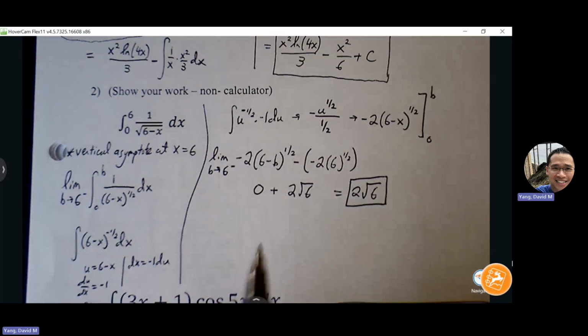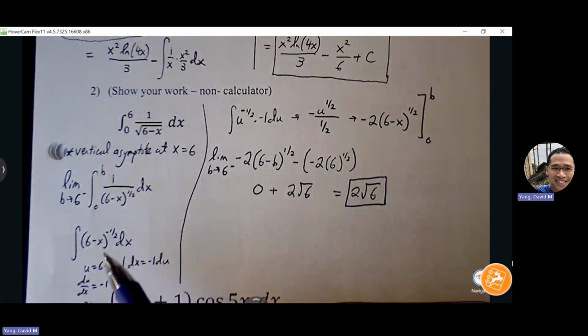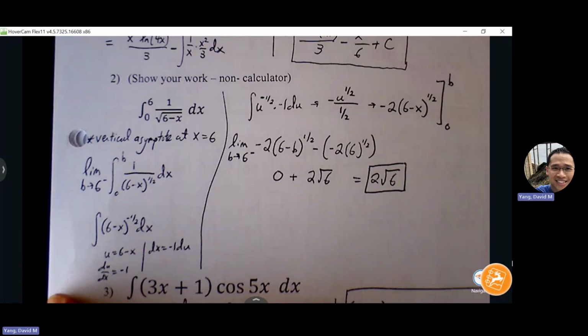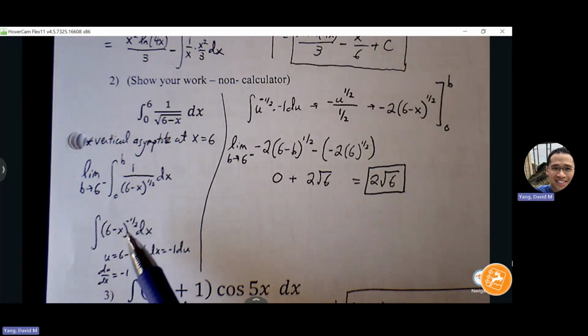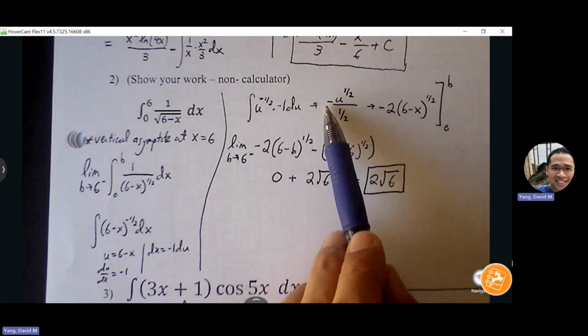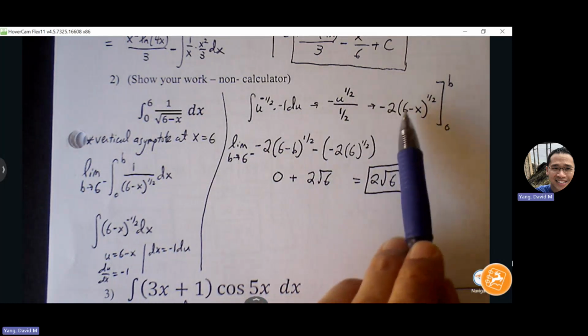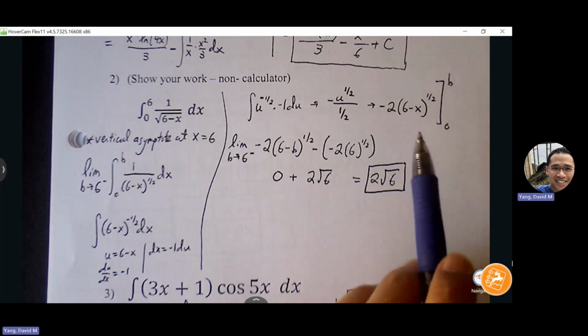Okay, so walking through the steps for number 2, we recognize this as a u substitution problem, and we can bring that parentheses up to the top, u to the negative 1/2. The derivative will produce a negative 1. So as we go through power rule, we have to make sure we keep track of that negative 1. Once you go through power rule, replace the u back in terms of x, then plug in your upper bound